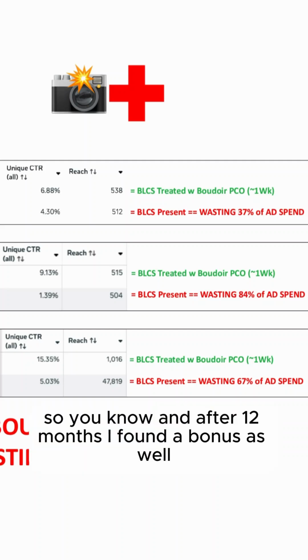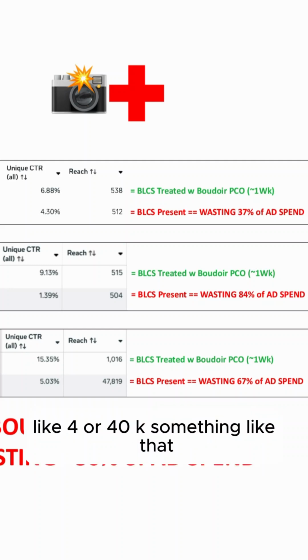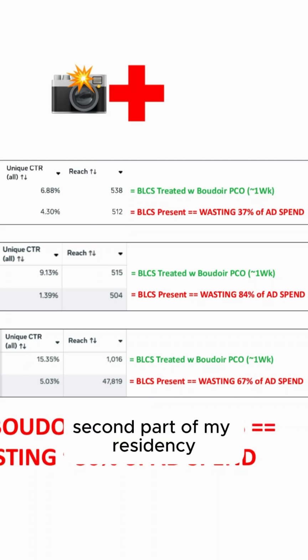So, and after 12 months, the phantom bonus is like 40K, something like that. Second part of my residency,